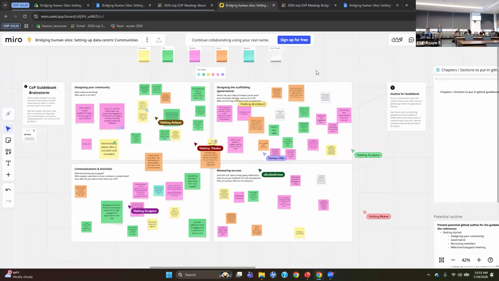I'll report a couple of things. We had a really broad discussion. It was actually really valuable. We talked about designing and knowing your group: what is the focus, the mission, the goal? If you have a specific goal for your group, you're going to have more success engaging people. They're going to want to be there because they know what you're going to do together.